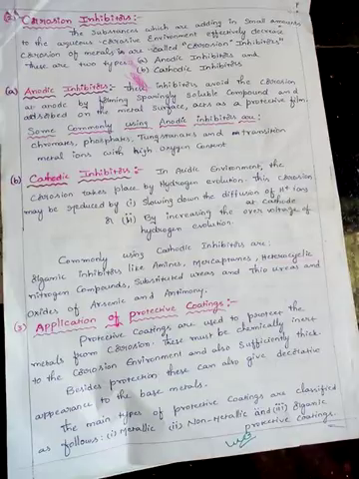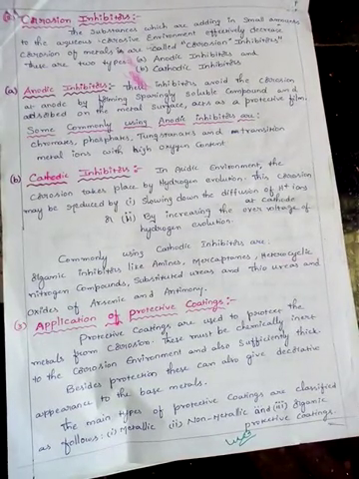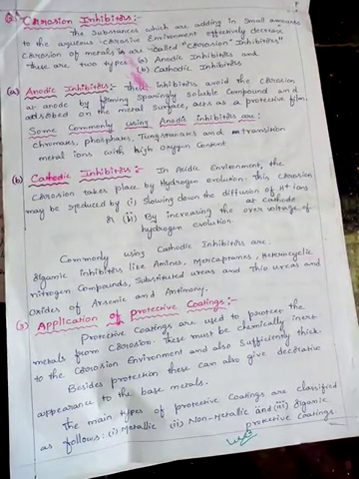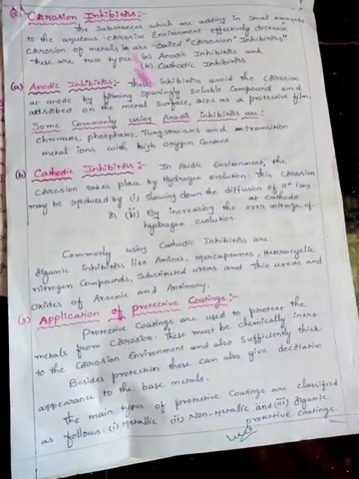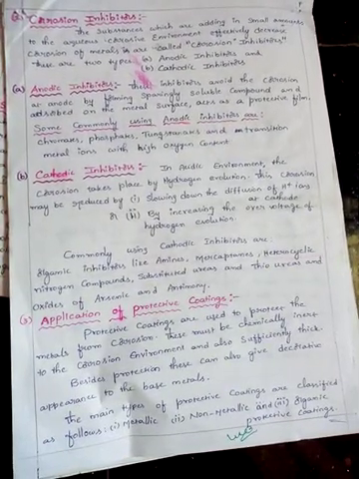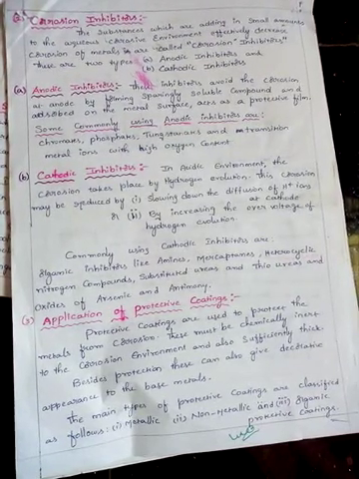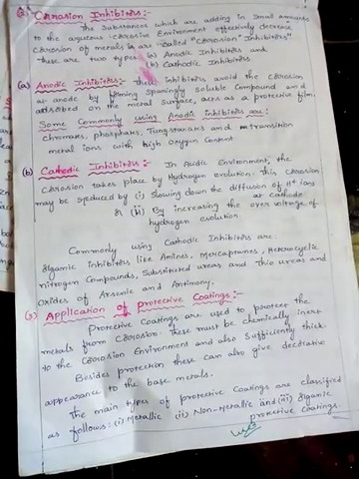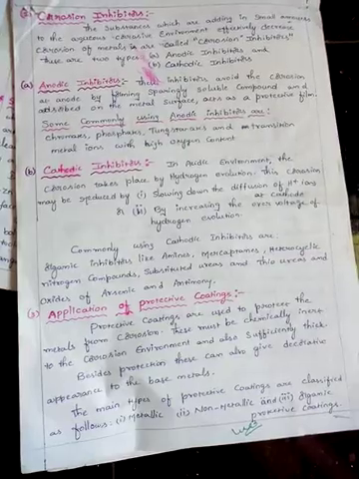Cathodic inhibitors: in the case of an acidic environment, the corrosion takes place by hydrogen evolution. This corrosion may be reduced by slowing down the diffusion of H+ ions or by increasing the overvoltage of hydrogen evolution. Commonly used cathodic inhibitors are organic inhibitors such as amines, mercaptans, heterocyclic nitrogen compounds, substituted ureas and thioureas, along with oxides and arsenic and antimony materials. So these are good examples of cathodic inhibitors.